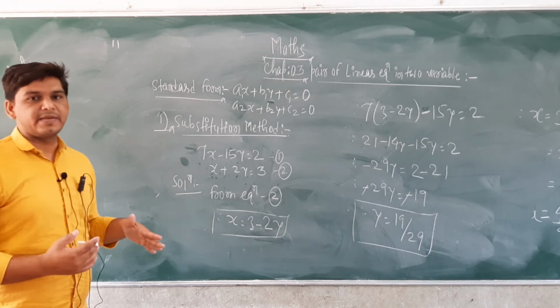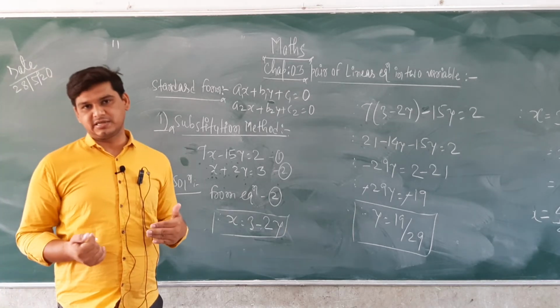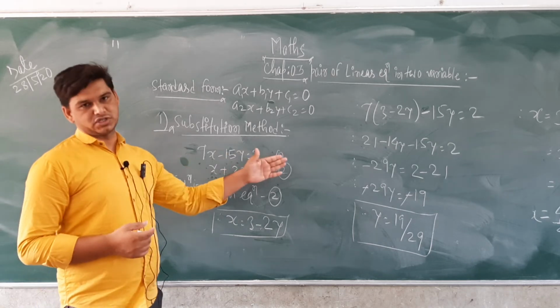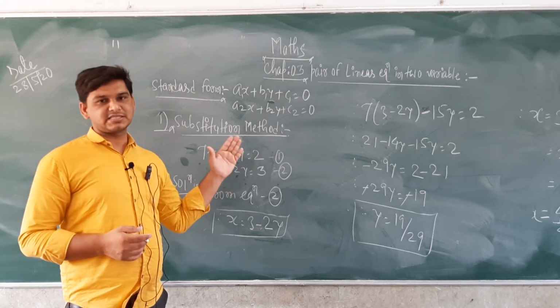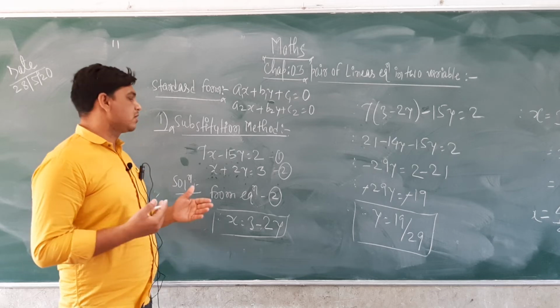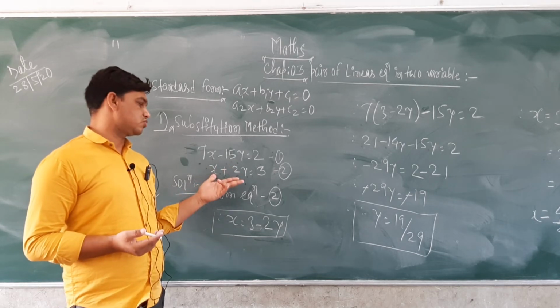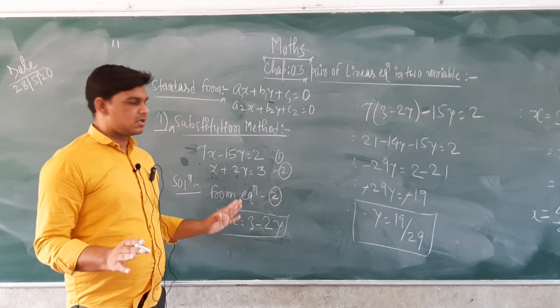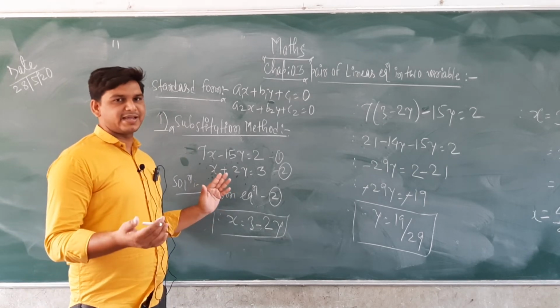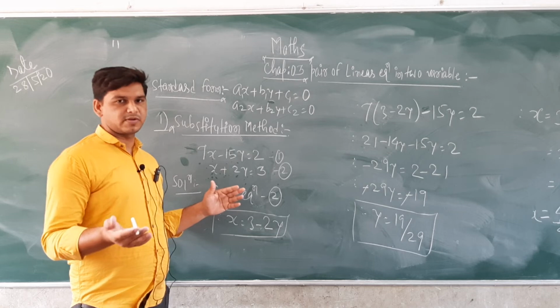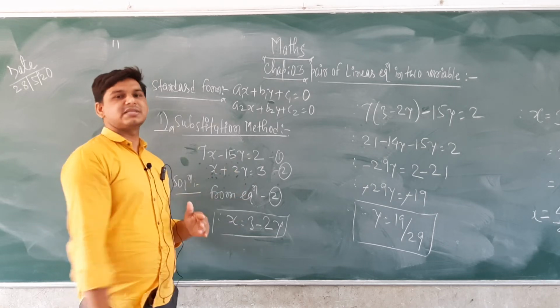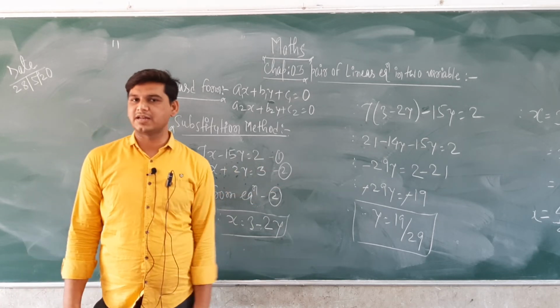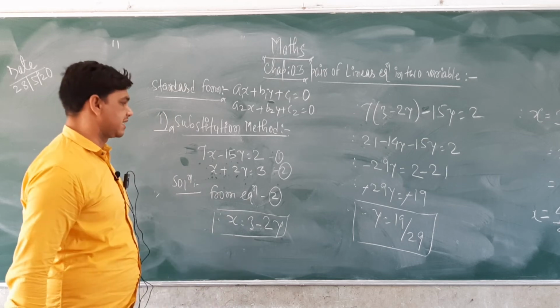So this is generally the substitution method, in which from any equation you can take the value of x and y from equation number 1, or you can also take it from equation 2, and you just apply the value. Okay, that is very easy. You take any variable from any equation and replace it into the opposite equation. You will get the value of x and y, that is called the solution set.